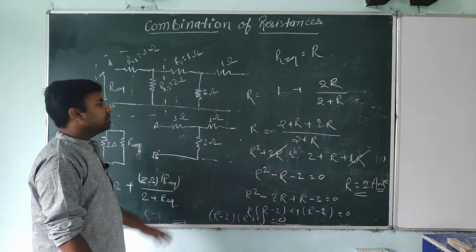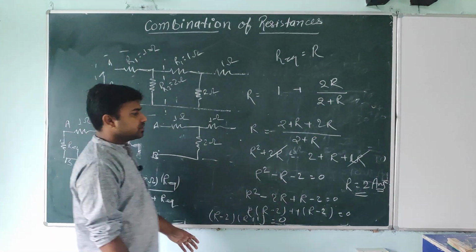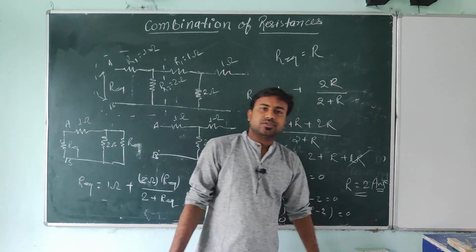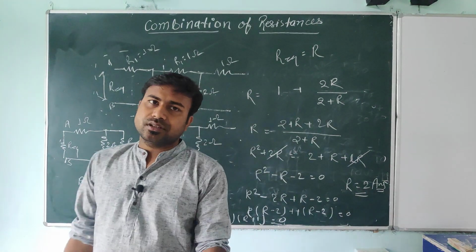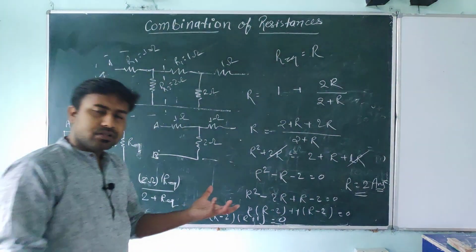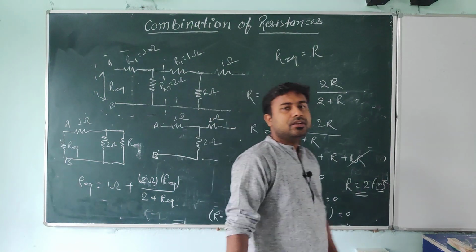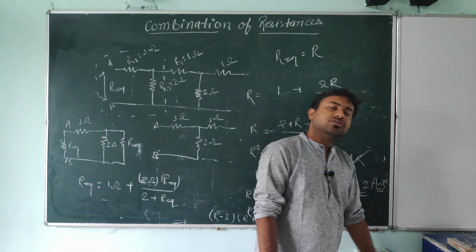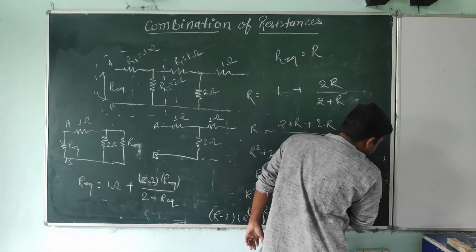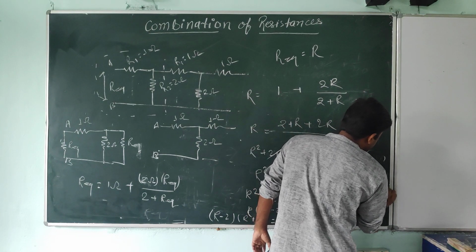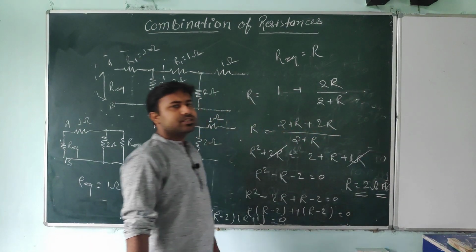One thing, you will get a negative value too, but negative resistance you will not get. The answer is what? You have to pick the one value, that's the positive. In a combination of resistances, if you add two resistances, you will always get some positive resistance. Okay, and the value you will get here is 2 ohm. Sorry, 2 ohm answer. So I suppose you all understand, students.